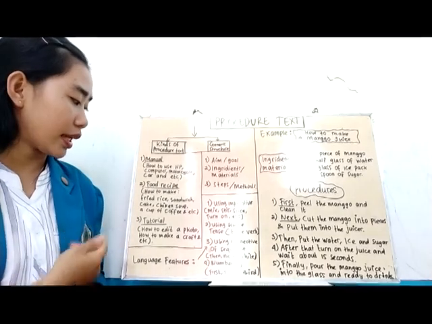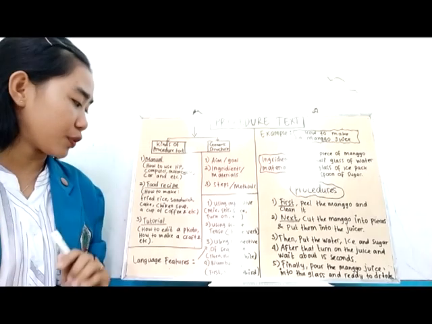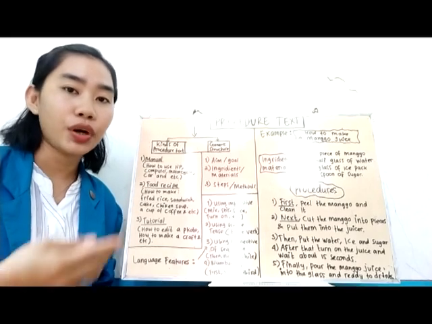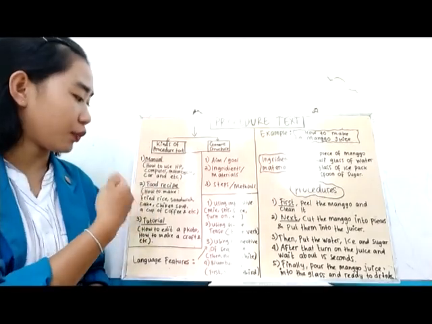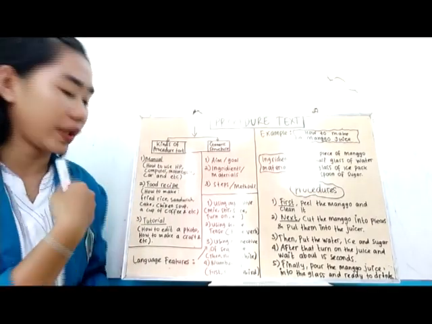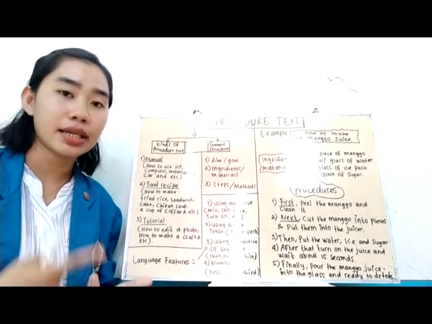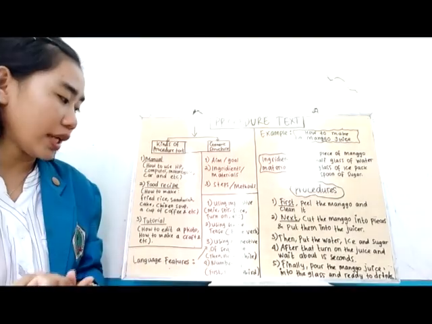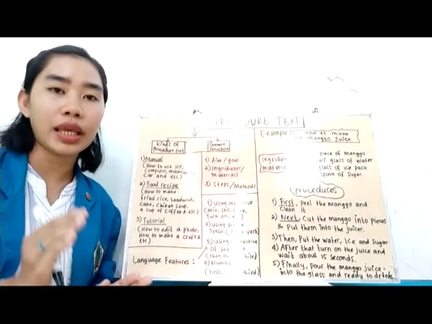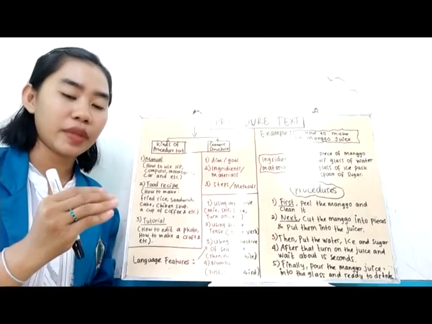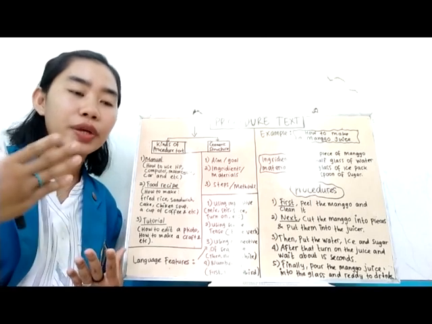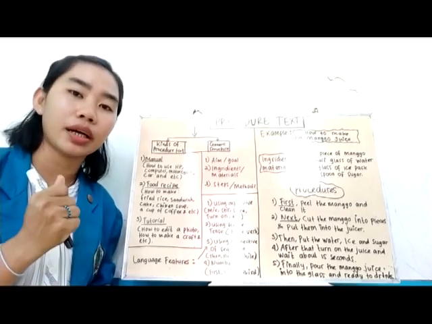And then next is food recipe. For a recipe, it means if you are going to make something, it depends on the food recipe. For example, how to make fried rice, sandwich, juice, cake, brownies, chicken soup, a cup of coffee, a cup of tea, etc. That's something you want. If you feel, oh, I'm hot today, the weather is so hot, so I want to make a cup of